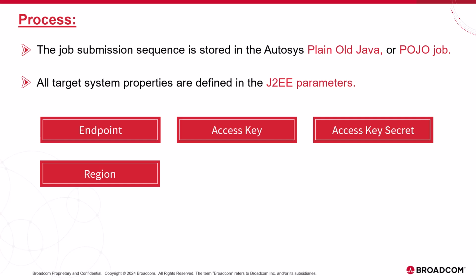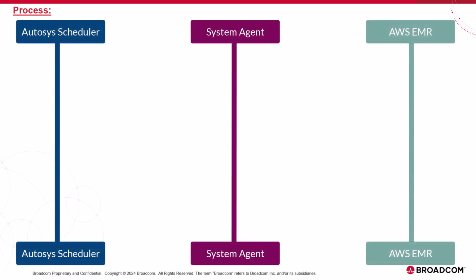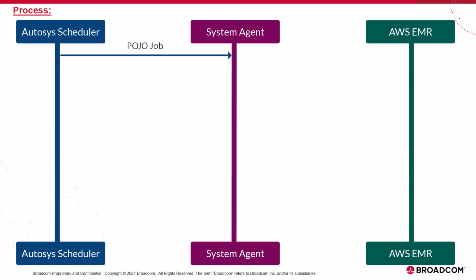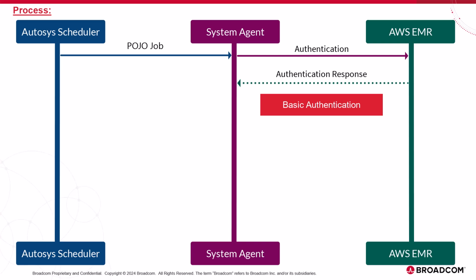Let's look at the sequence of execution. We start with the three main components: the AutoSys scheduler, the system agent, and the AWS EMR server. The AutoSys scheduler submits the POJO job to the system agent. The system agent acknowledges the job from the scheduler and initiates communication with the AWS EMR server. Authentication is then initiated, with the system agent posting basic authentication, depending on the specifications provided in the authentication J2EE